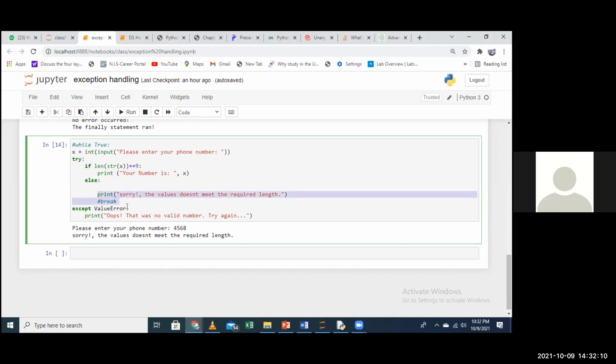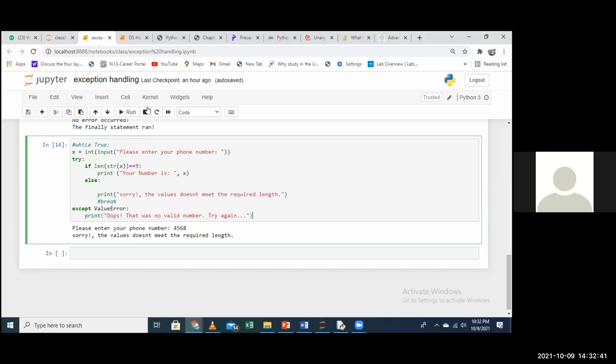But what if the kind of value that you input here is not a string? Maybe it's something like a character, not what the variable accepts. Then in that case, you will get this exception. Instead of giving you an error completely, now it will give you this output. So basically handling an exception is all about that.